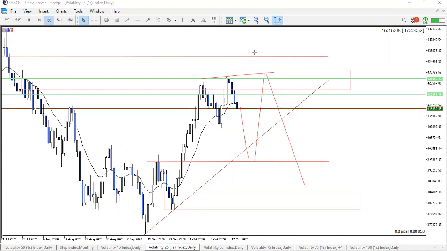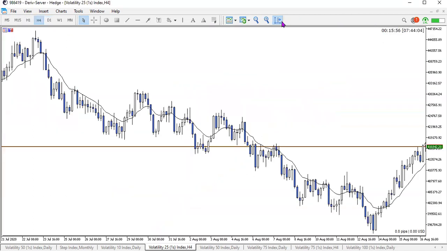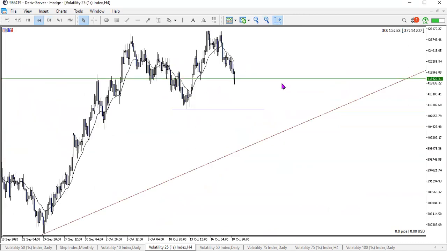But this has basically burnt me over the weekend, so I don't want to make any assumptions at this point. I'm just going to look at targeting below this low in here for any sells that we can most likely get on lower time frame confirmations. Not much we can speak about on the H4 time frame, other than the fact that currently price is trading down, right? And we've got this bit of a zone in here.